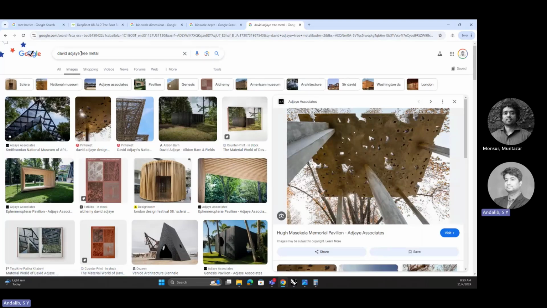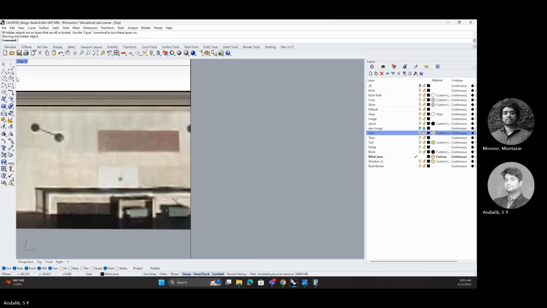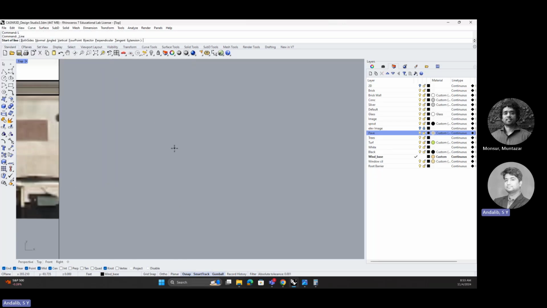This was done by a British architect named David Adjaye, and he created this metal. This is too heavy. I don't suggest that you do this. I don't particularly like this, but what you showed reminded me of this. So let's make something like this in your form. We have some interesting stuff going on. What you showed was something like this. What I can do is, we could do it with just a rectangle and then fill it, but I'll